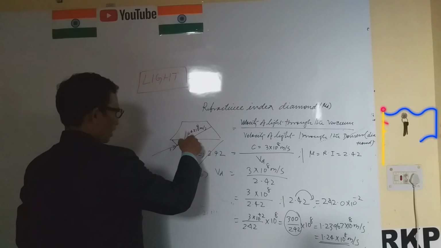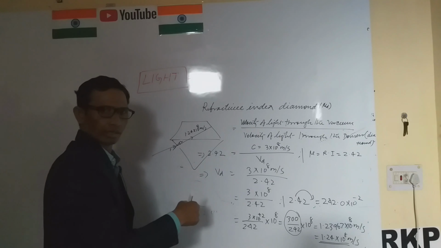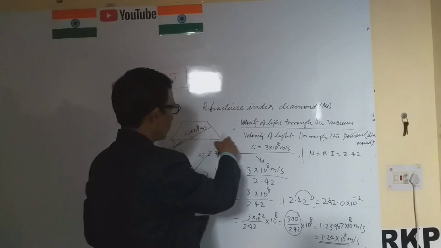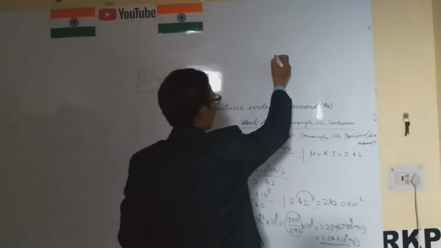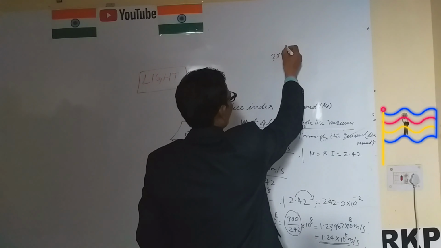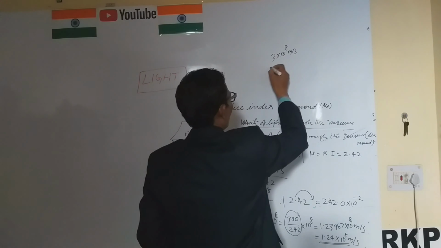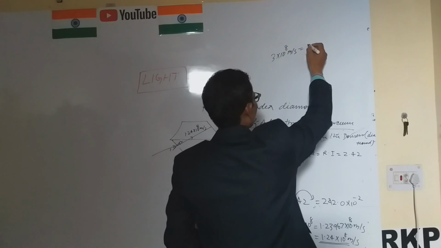Here is the difference from the vacuum. Vacuum is 3 into 10 to the power 8 meter per second,